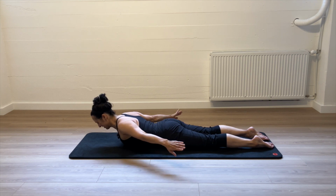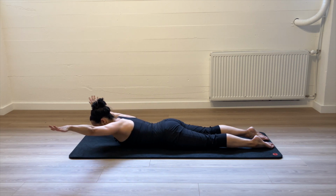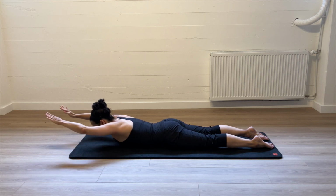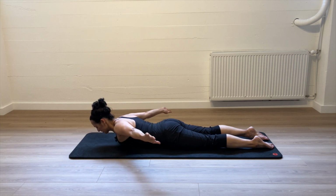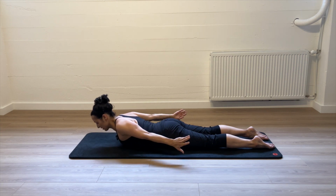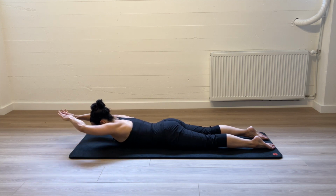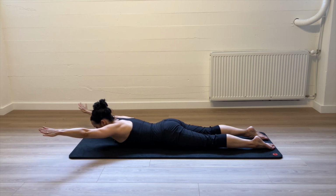And now we're going to reach to the side, the palms out to the side and forward. And we're going to bring the hands behind the head, trying not to push the head down, keeping the elbows up, and reach out. I've heard different names for this exercise. Some people call it the eagle, and some people call it swimmers. I'm always like, if you want to be an eagle, be an eagle. If you want to be a swimmer, be a swimmer. That's awesome too. Reach out and